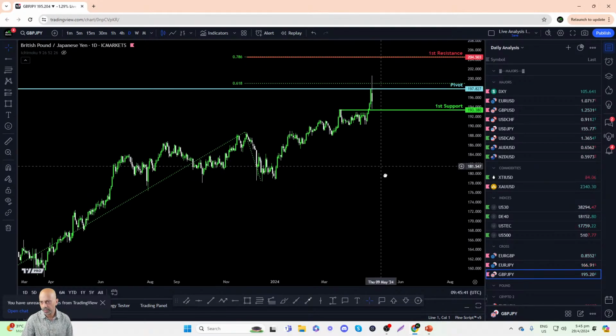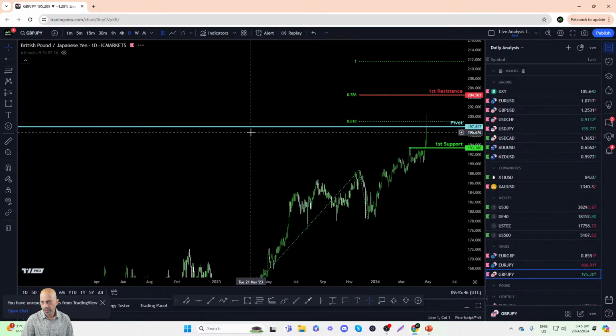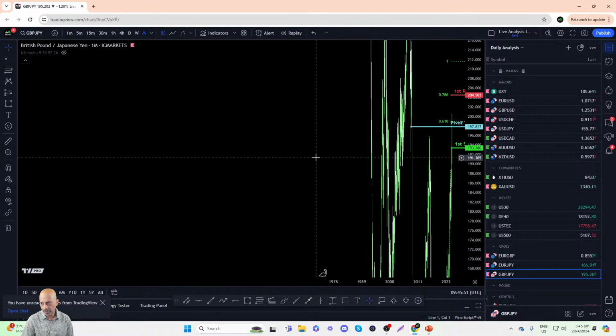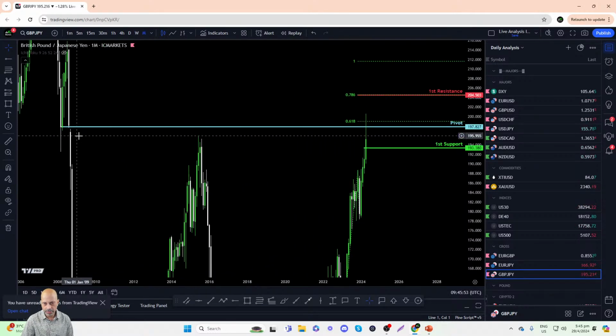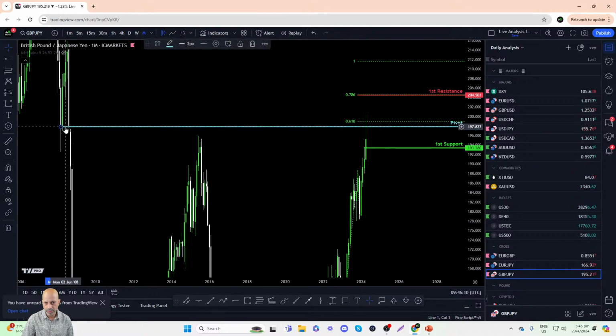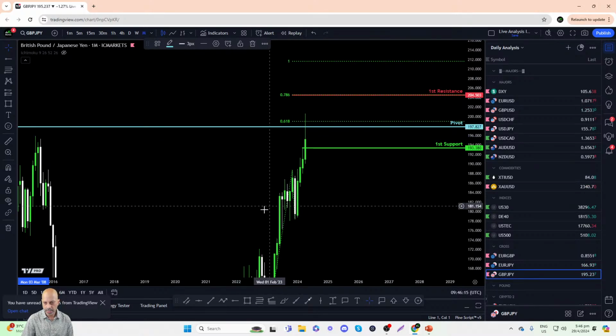Right, so when we zoom in a little bit here, we can see that the pivot, when we zoom out and look at the monthly time frame, is actually a pretty significant overlap level that occurred back in April and July of 2008. So basically, pound yen is trading at 15-year highs, pretty much, or 16-year highs, right? It's a very extended level for pound yen, and this is a significant overlap resistance level, which does look like a place where pound yen has run into resistance, right?